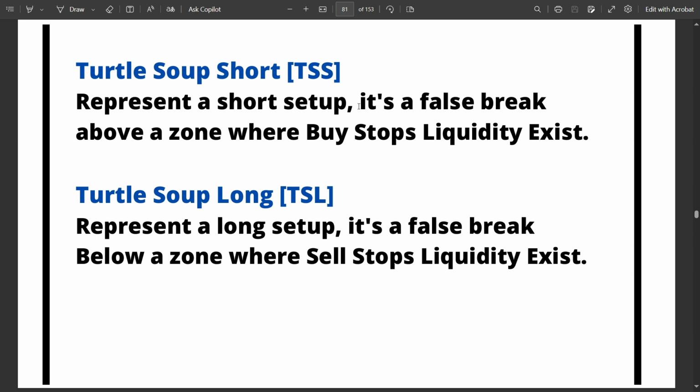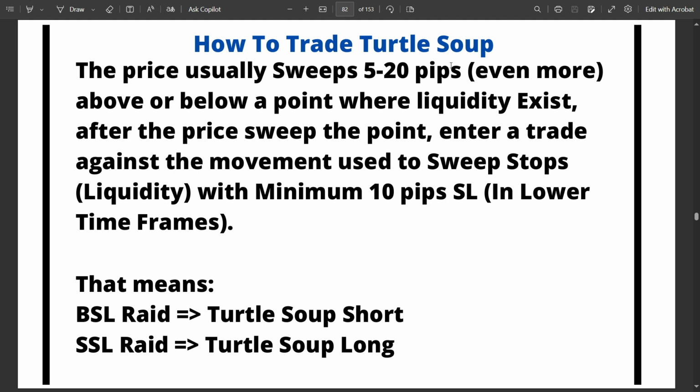TSS is a trading setup for taking a short position after a fake breakout above a liquidity area where buy stops are activated, while TSL is the opposite, for buying after a fake breakout below a liquidity area. Typically, prices fluctuate between 5 to 20 pips above or below the point where liquidity is present. Once the price reaches that liquidity point, you can enter a trade in the opposite direction with at least a